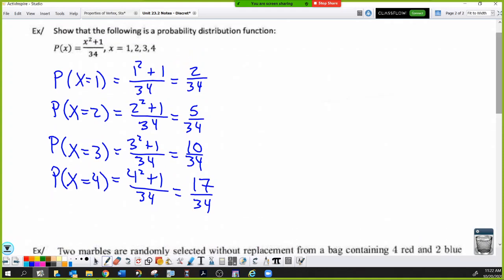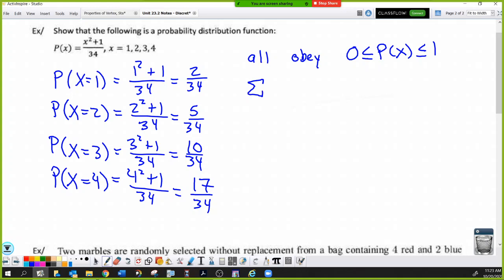Well, I'm out of vertical space, so I'll have to write it over on the right side. All obey this property. That's important. You know, we can't have any negative probabilities. That's impossible. And we need all the probabilities to be between 0 and 1. We have that. And also,